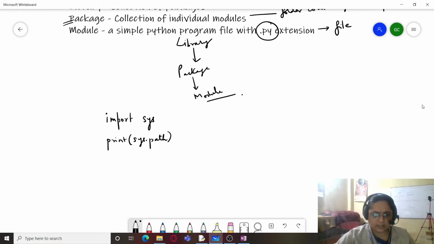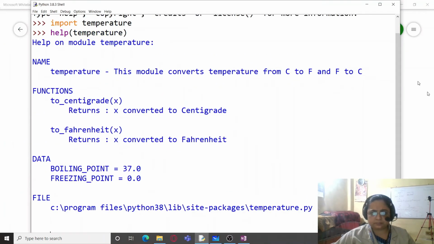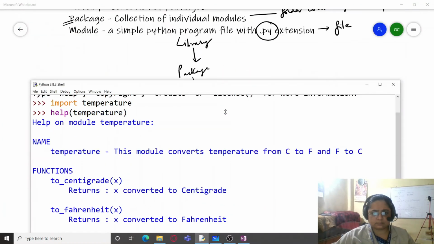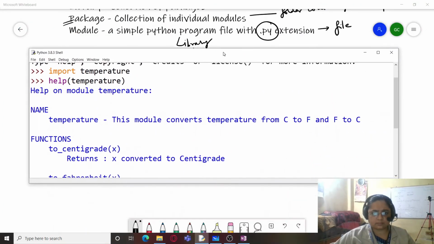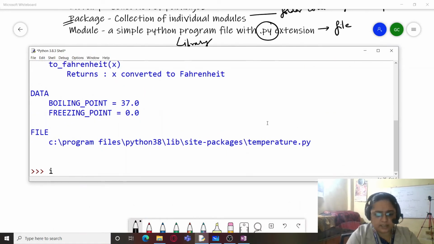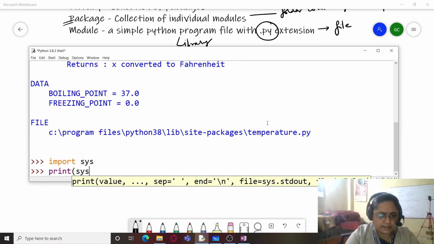So let's execute this. So first I will be writing import sys, and I'll be typing here print sys.path.